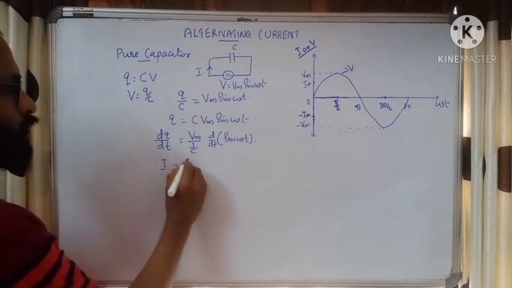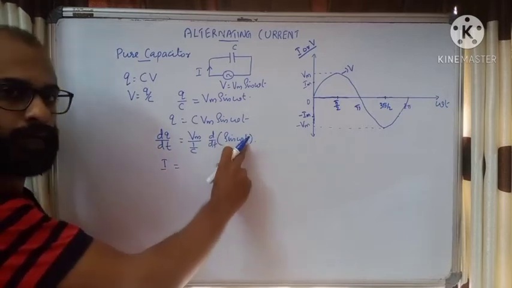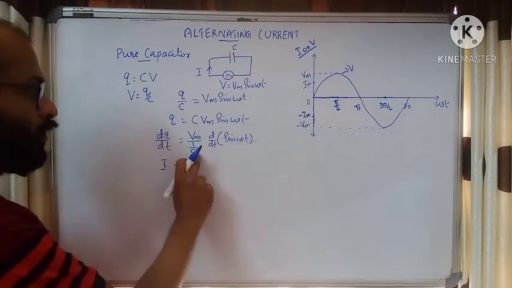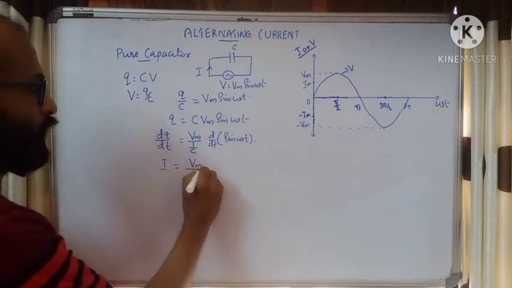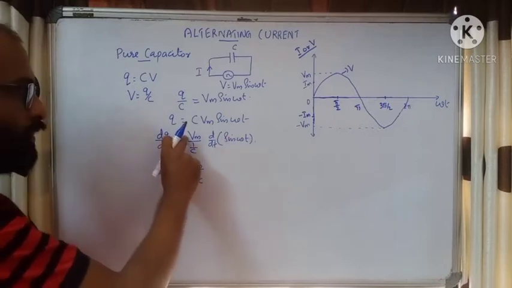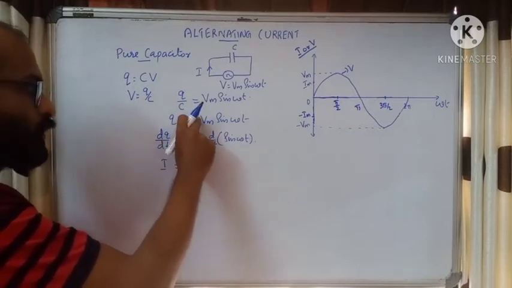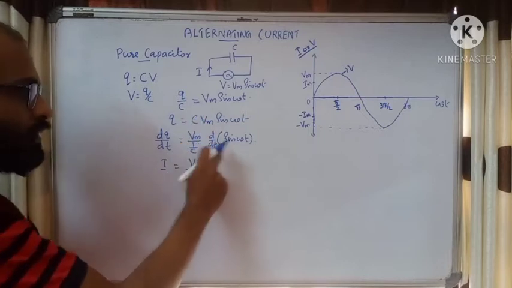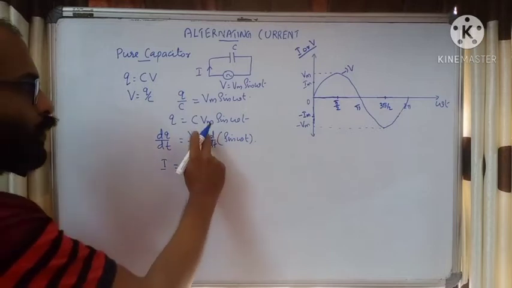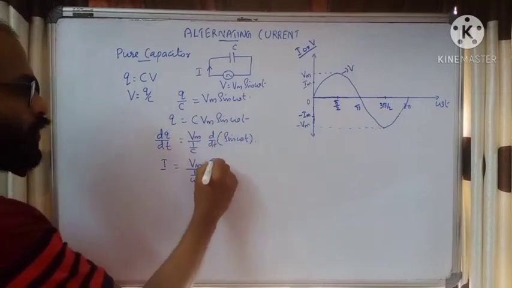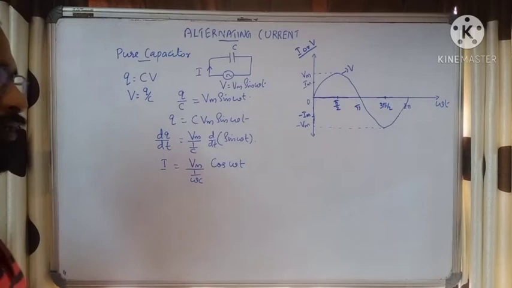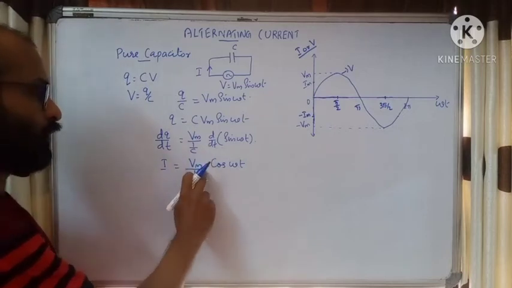Current I is equal to, when you differentiate sin omega t, we get an omega multiplied separately. This omega we can take along with the C. What we will write is Vm by 1 by omega C. Actually omega is multiplied here just like C. Just as we express C in the denominator as 1 by C, similarly omega also we can take in the denominator, combining as 1 by omega C. What is d by dt of sin omega t? It is cos omega t. Considering the constant of integration 0, we have I is equal to Vm by 1 by omega C, cos omega t.